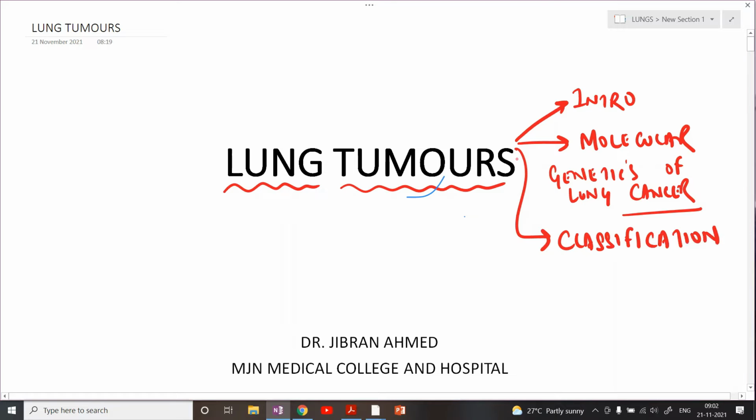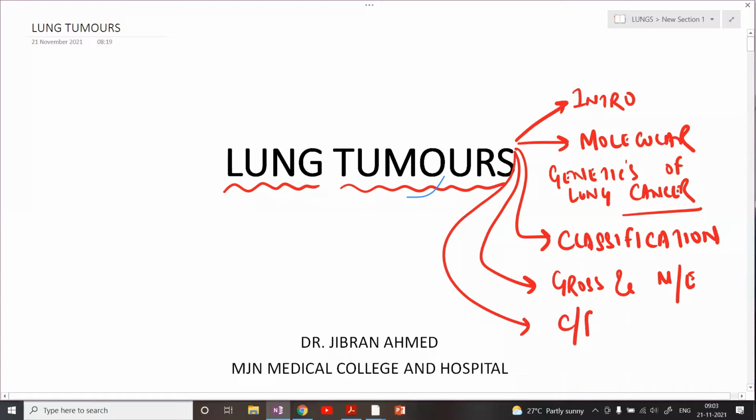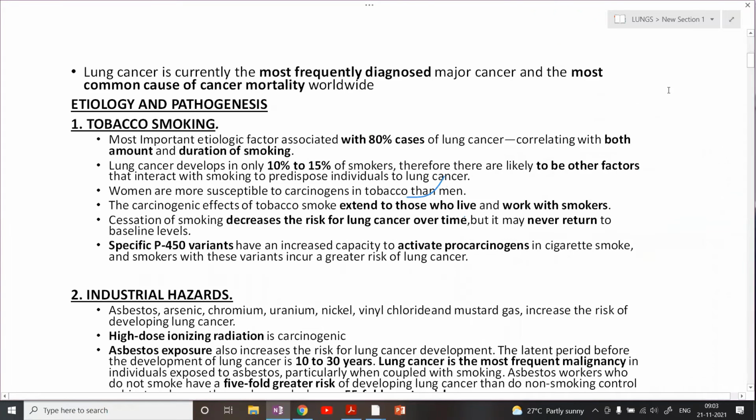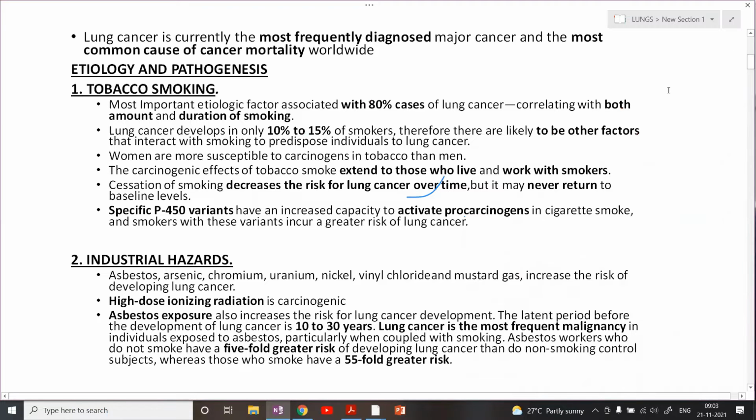of lung tumors. After that, we are going to understand the gross and microscopic examination of each type of the tumor, and then we are going to see the clinical features of lung cancer. In general, these are the subheadings that we are going to address today with regards to lung tumors. One very important part is that whatever notes I will be sharing, this PowerPoint,